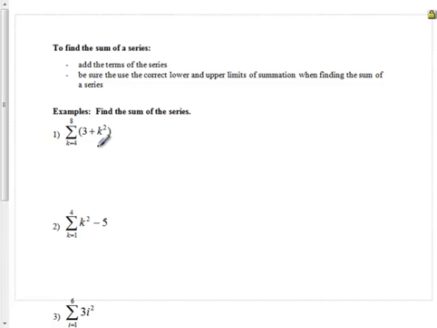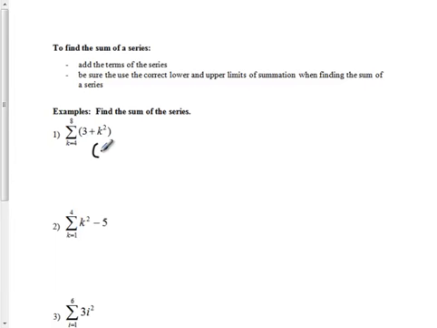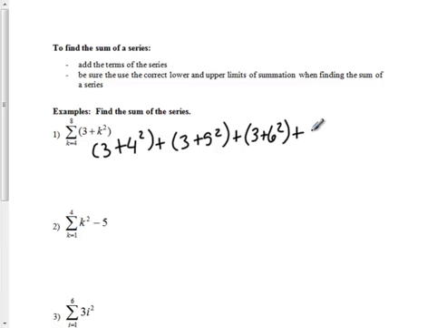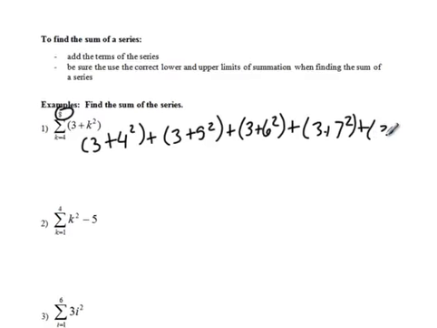So, in order to do this, well, we could write out them all. So we would start with 4. So we would type 3 plus 4 squared, because wherever k is, we plug that in. Then we are going to add the next term, which is 3 plus 5 squared. Add the next term, which would be 3 plus 6 squared. Add the next term, which is 3 plus 7 squared. And our final term, because if you notice 8 is our last number, we are going to do 3 plus